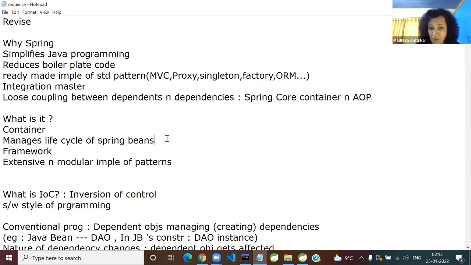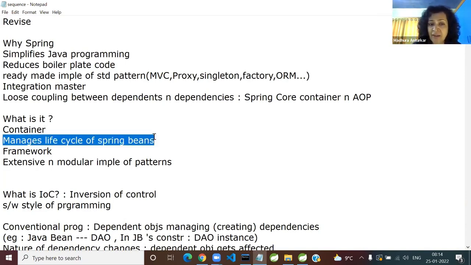You will see tomorrow when I take you to MVC, the Spring container is going to be an additional layer on top of your web container. The things which the web container is managing, Spring container says, go ahead and you manage it, the rest of the stuff I'll manage. So coming back to the point, why is it called a container? Because who is going to manage the life cycle of Spring components, the Spring Beans?